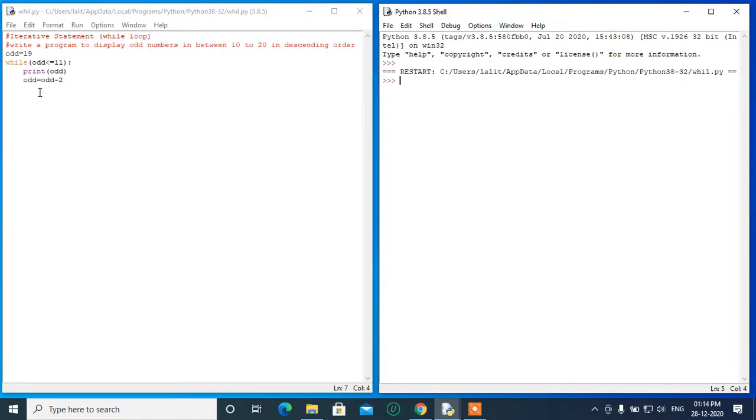Okay, so it does not display any message. Why? Because my initial value is 19 and the condition is that it is less than equal to 11. So the condition becomes false, so it does not print anything. So in that case you have to change it into greater than equals to 11, and then after that save your file and execute this program. Now the output becomes